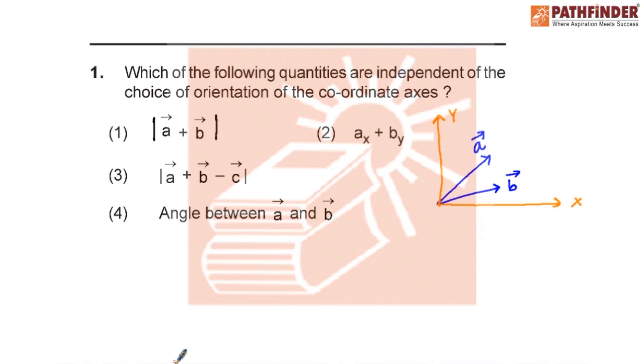They are independent of the choice of orientation of vectors. So the first option is correct. If we look at the second aspect, Ax and By, the component of A vector along the x axis and y axis depends upon the angle which A vector makes with the x axis and y axis. So these parameters Ax, Ay and Bx and By are both going to change, that is, they are not independent of the choice of orientation of coordinate system. So this option is incorrect.